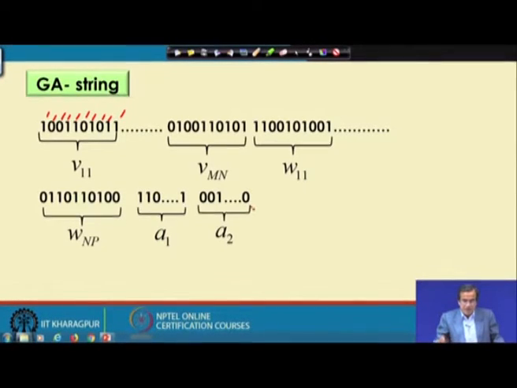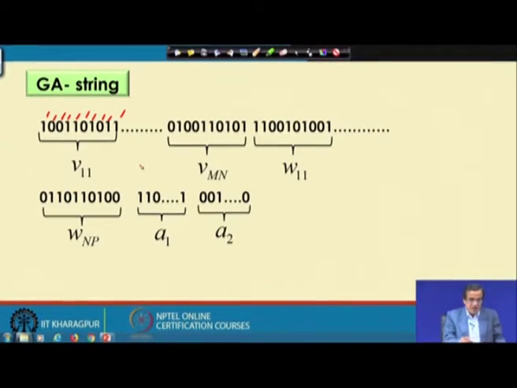I am not going to repeat that. The only thing I want to mention is that if I have a large number of design variables, and for each variable I use 10 bits, this particular GA string will be very long, and this representation may not be very efficient. Now, what is the alternative?